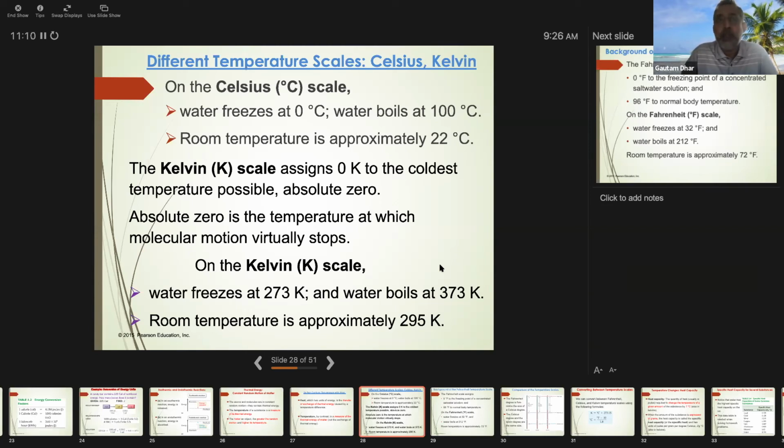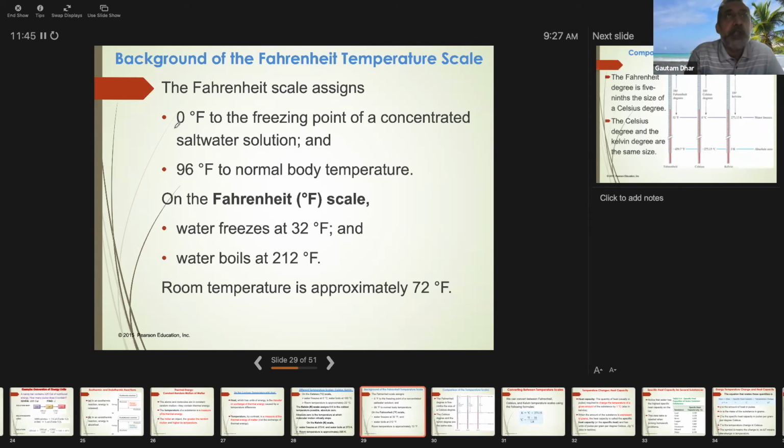So it's defined that way, and there are other scales also, but these are two important ones that we want to learn. And then there's Kelvin, which is basically similar to centigrade. You just add 273 to it. So water freezes at 273 Kelvin and boils at 373 Kelvin. And we have water freezing at 0 degree centigrade and boiling at 100 degree centigrade. And in terms of Fahrenheit, water freezes at 32 degree Fahrenheit, and water boils at 212.